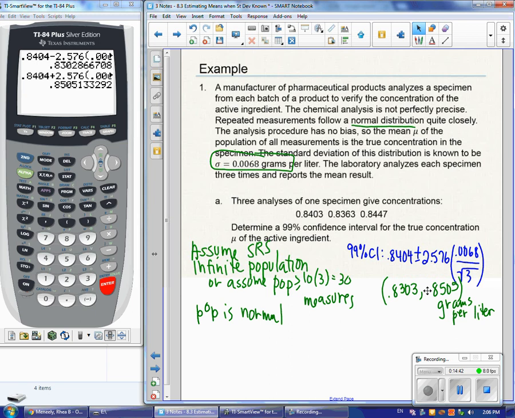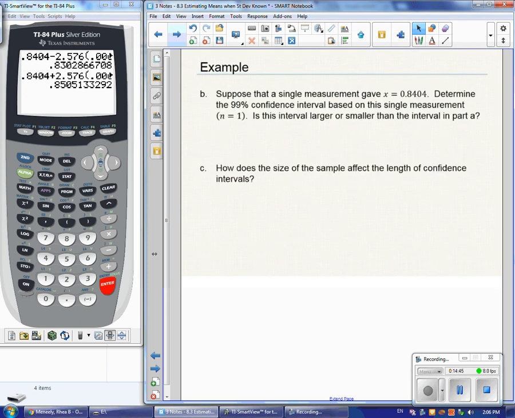Okay. In part B, it says, suppose that a single measurement gave an x value of 0.8404. Determine the 99% confidence interval based on this single measurement. So essentially, it's the same formula. It's going to be the 0.8404 plus or minus the 2.576 times the standard deviation, but I'm dividing by the square root of 1. And so if you actually do the computation, you end up with 0.8229 to